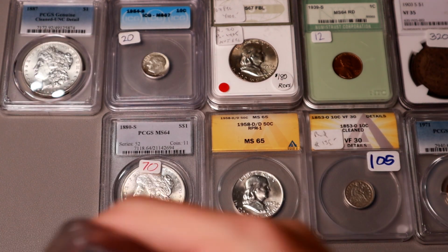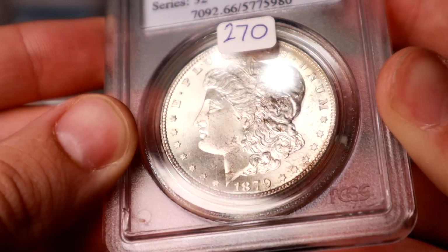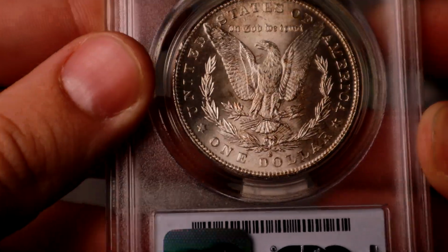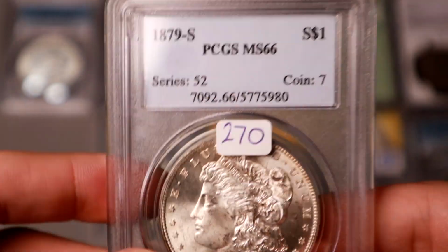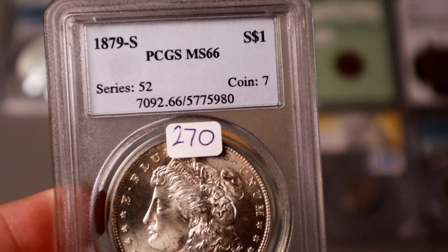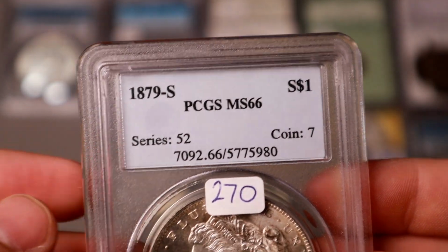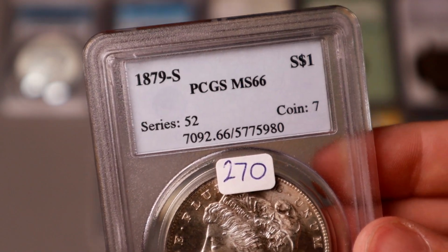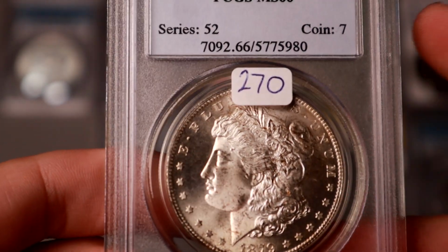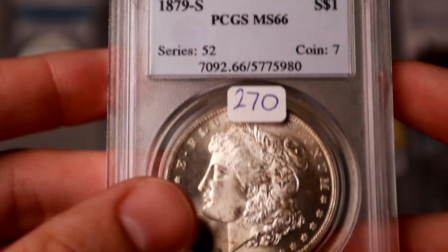First off, I want to start with this coin right here, this 1879S in MS66 Morgan dollar, okay? Now, there's nothing wrong with this coin, okay? Nothing wrong with this coin. However, it is a pretty common coin, okay? And unless you can get it for very, very cheap, these coins are usually the bane of your existence, okay? In my personal opinion, unless you're buying an MS66 at like $245, $250, it's really not a good coin to buy,